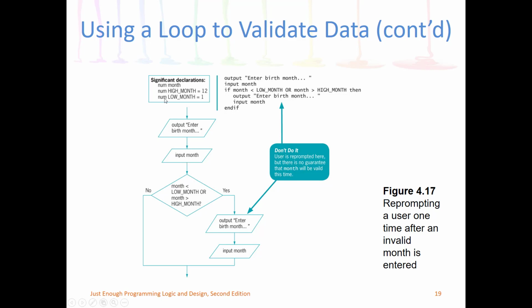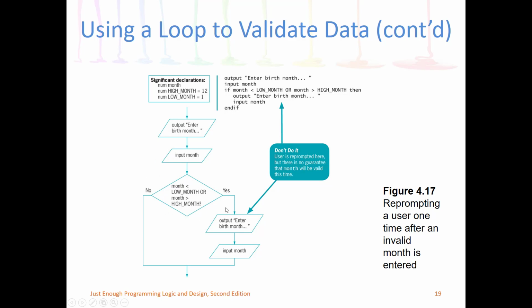All right. You got a high month, low month here. Those are constants because they're uppercase. Low month is 1, high month is 12. If they enter a month that's outside of that range, you need to test for it. It says if month is less than low month or month is higher than high month, greater than, if either one of those are true, this is an if. This is actually an or. If month is less than low month or month is greater than high month, either one of those are true,